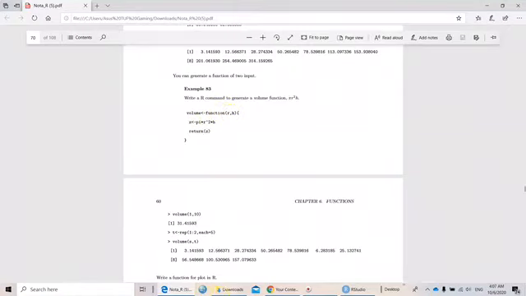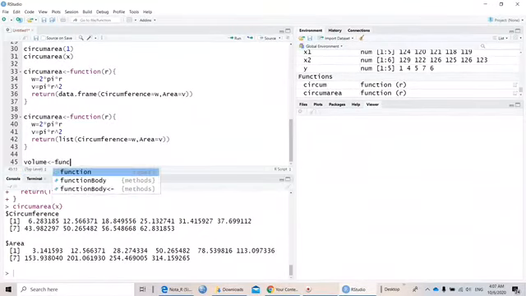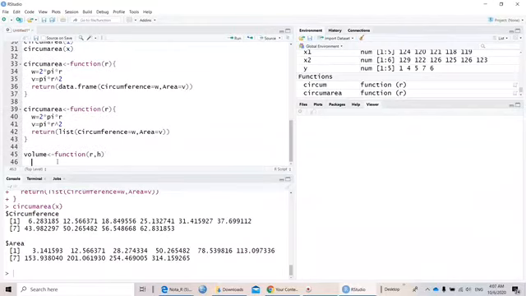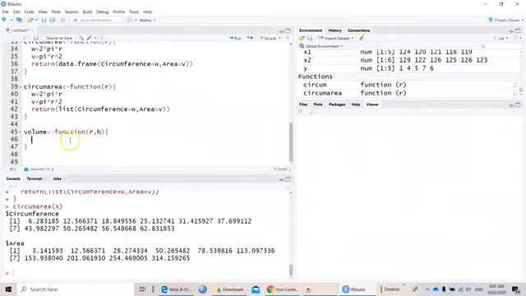We can write the function as volume is equal to the function of r and h. r is the diameter. So this is the command, the operation,